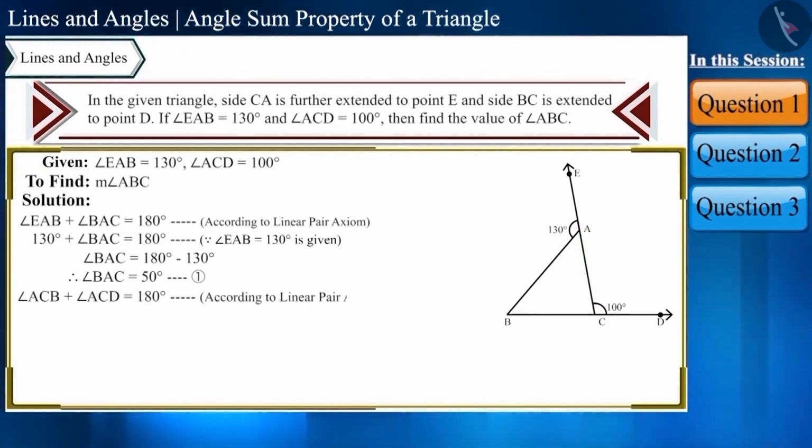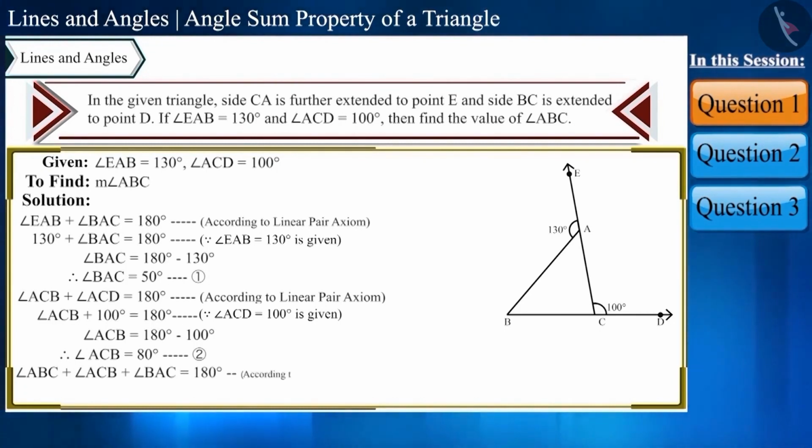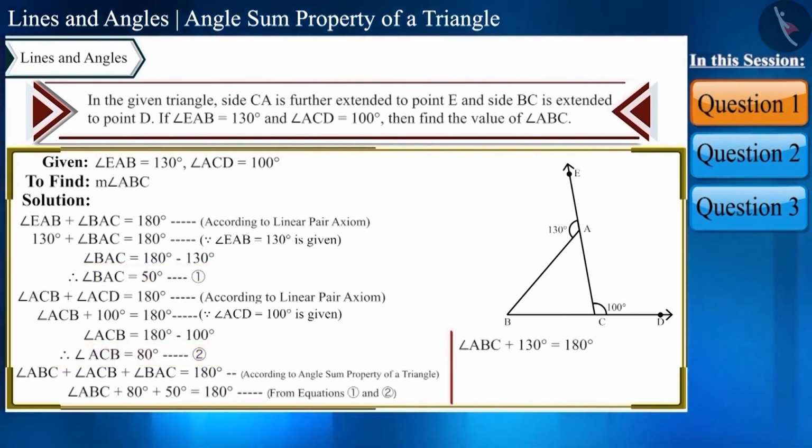Because it is a linear pair, now we'll put the value of angle ACD in it. We get the value of angle ACB as 80 degrees. Let's name it as equation 2. And angle ABC plus angle ACB plus angle BAC is equal to 180 degrees, according to the angle sum property of a triangle. Now if we keep the values of equation 1 and equation 2 in it, we will get